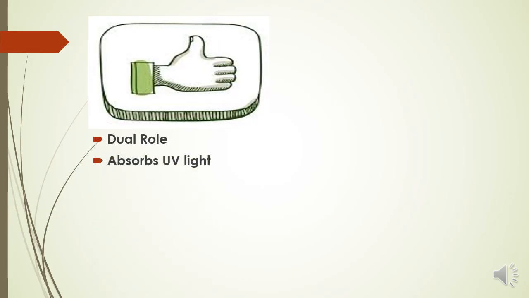The second is your UV protection. It absorbs UV light. Now UV light, as we all know, is harmful for the eye, as it can cause numerous anomalies for the eye. So absorption of UV light is one of the best advantages. It also decreases the intensity of the light, giving you better saturation or better contrast on a bright sunny day, and that gives you comfort in your vision.